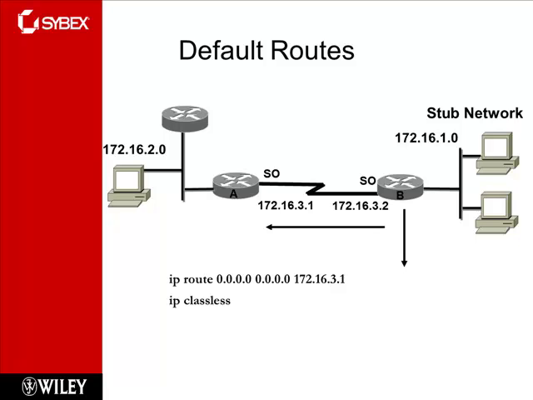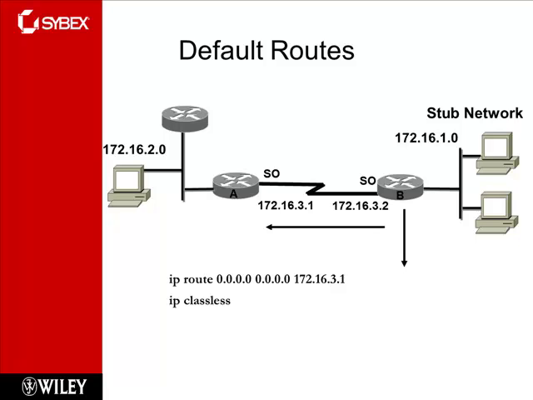It's called a default route, IP route 0.0.0.0 for the network address, 0.0.0.0 for the subnet mask, which says any network and any subnet mask. And we're going to send it to the next hop. From here, we would send it to our ISP, and I don't know the IP address. IP route 0.0.0.0, subnet mask 0.0.0.0, next hop address,